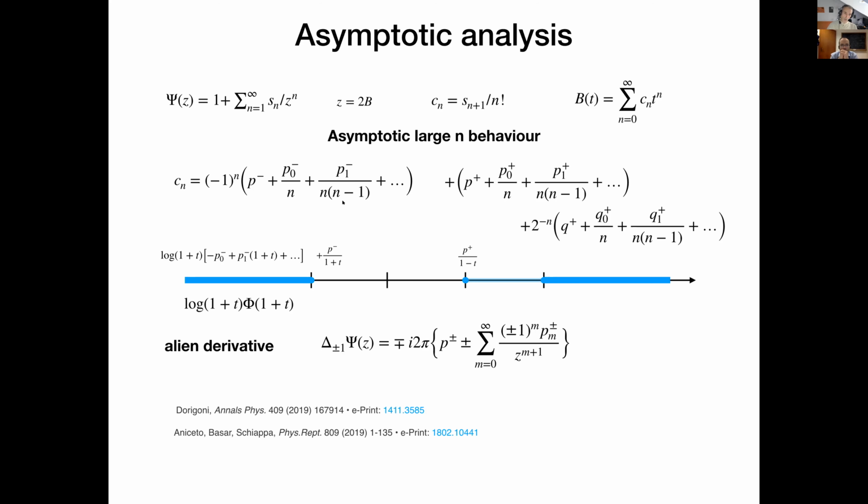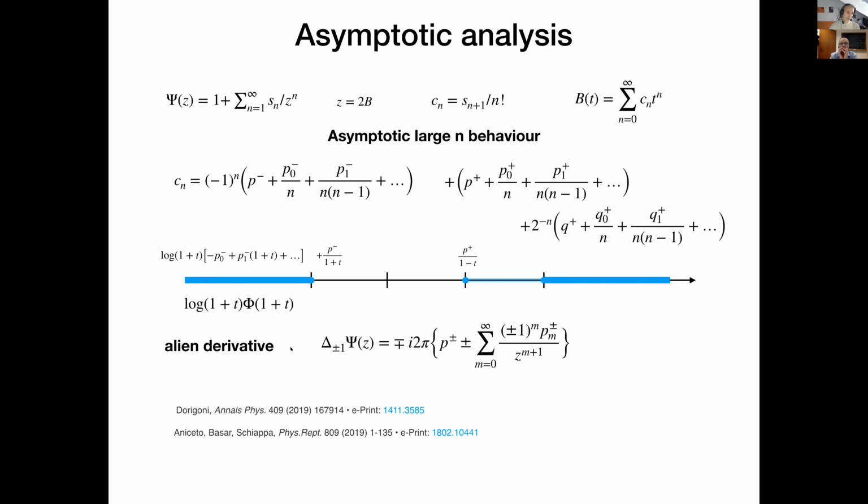And then if you calculate the next ones, you will see that this is basically an expansion of a function multiplying this logarithmic cut. Similarly, you could do the same for these P plus terms. And this is an expansion of a function multiplying log 1 minus T, this logarithmic cut starting at 1. And similarly, the piece suppressed by 2 to the n will give a logarithmic cut starting at 2. And these will be the expansion of this function which multiplies that cut.